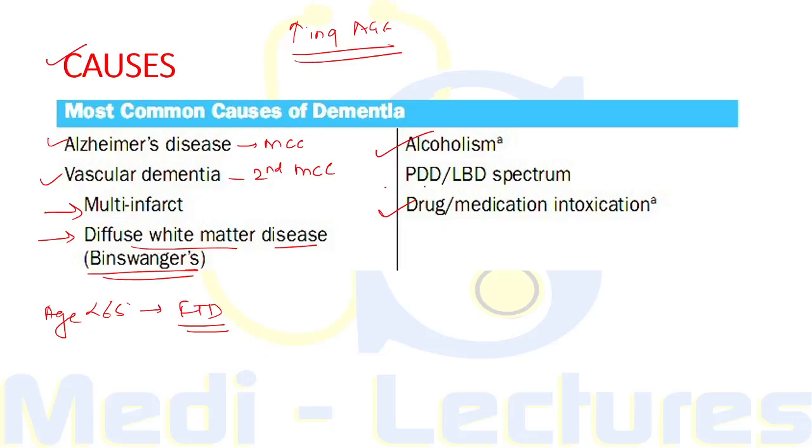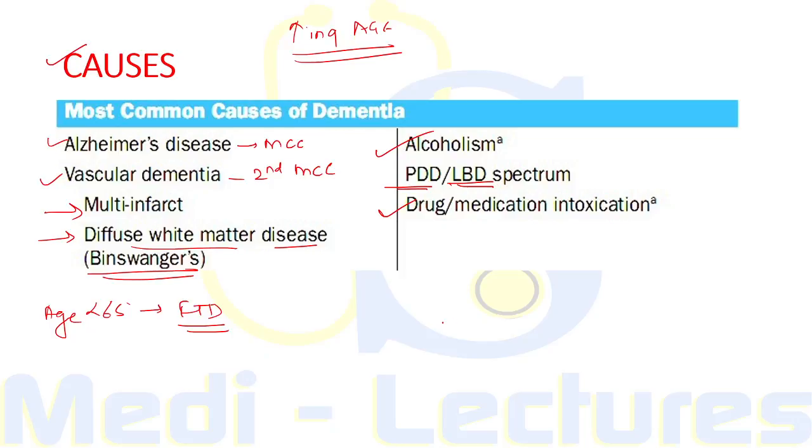Now, Parkinson disease dementia. In this, the patients of Parkinsonism may develop dementia years after the onset of Parkinsonism. Also, there is a variant which is known as Lewy body dementia, characterized by deposition of Lewy bodies. In this, dementia is present preceding motor symptoms.